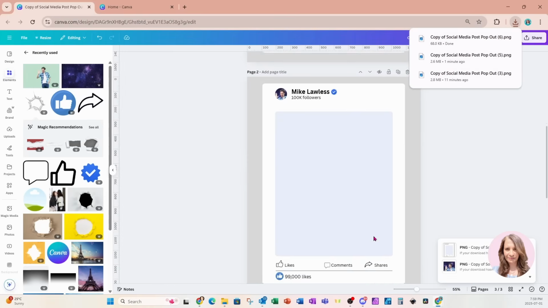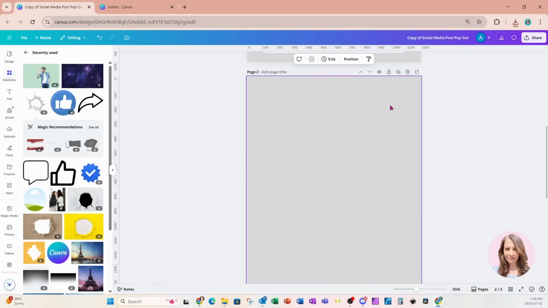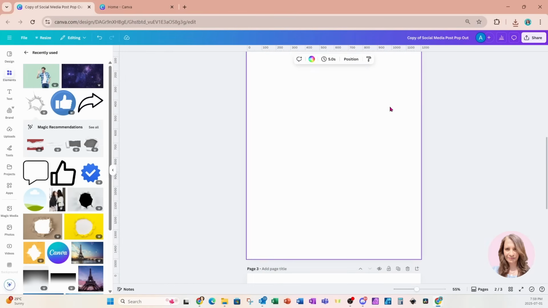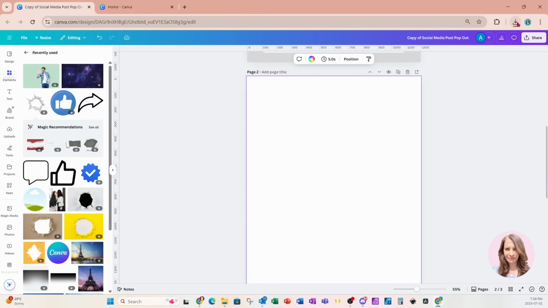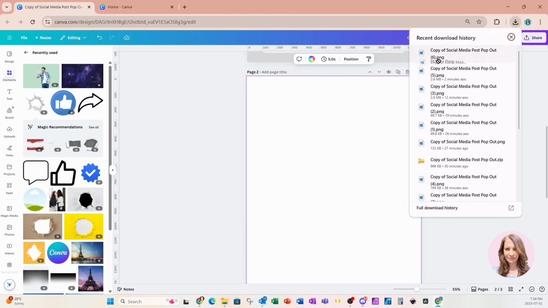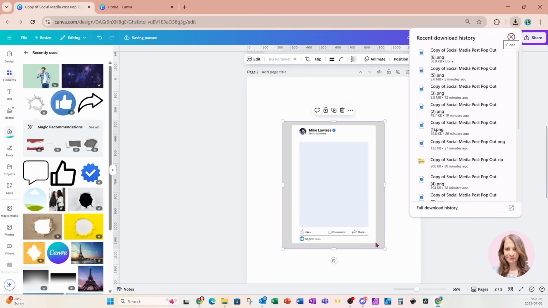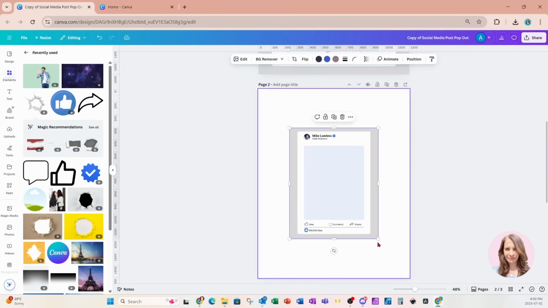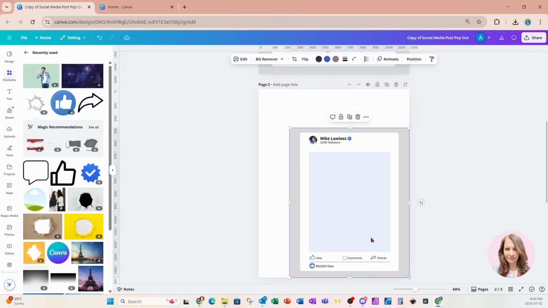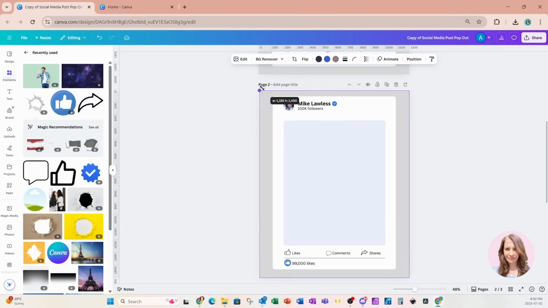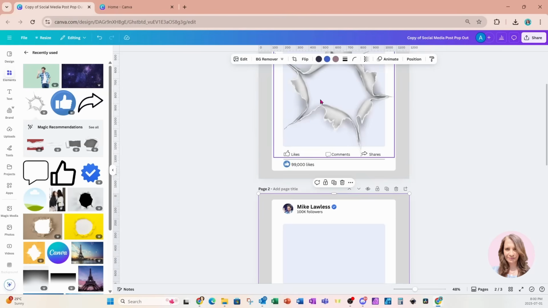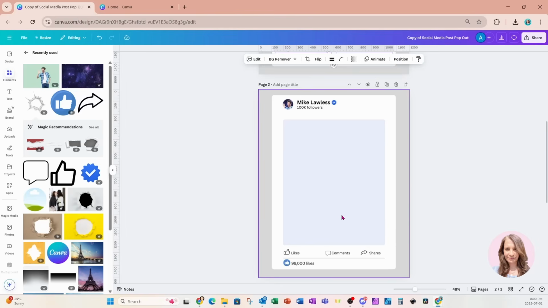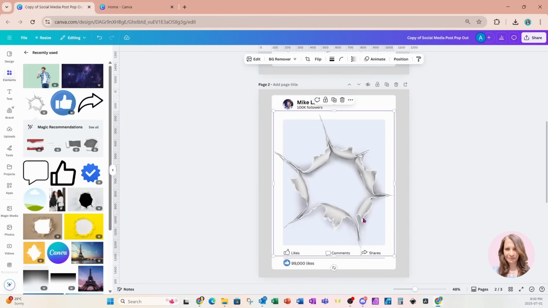And once it's done, I'm going to create another page. I don't need this gray background. I'm going to get rid of that. But what I do need is that image of the background. And I'm not necessarily going to make it my background, but I am going to stretch it all the way out to the outer corners. I'm going to grab this paper cutout, so Control C and Control V, and I'm going to place it right